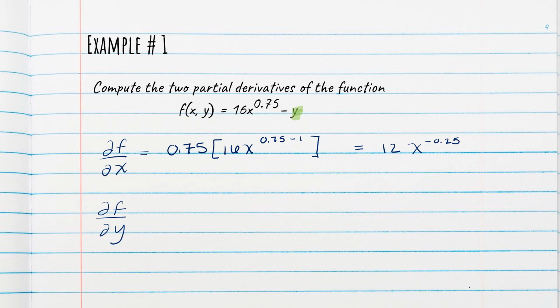So here all we're doing is we're differentiating negative y. If it helps you, you can imagine that this y is raised to a 1 power, in which case we can follow the same rule where this partial derivative is equal to negative, bringing down the power 1, y to the 1 minus 1. And if we simplify this, y to the 1 minus 1 is y to the 0, and anything raised to the 0 power is equal to 1, so the partial derivative of f with respect to y is equal to negative 1.